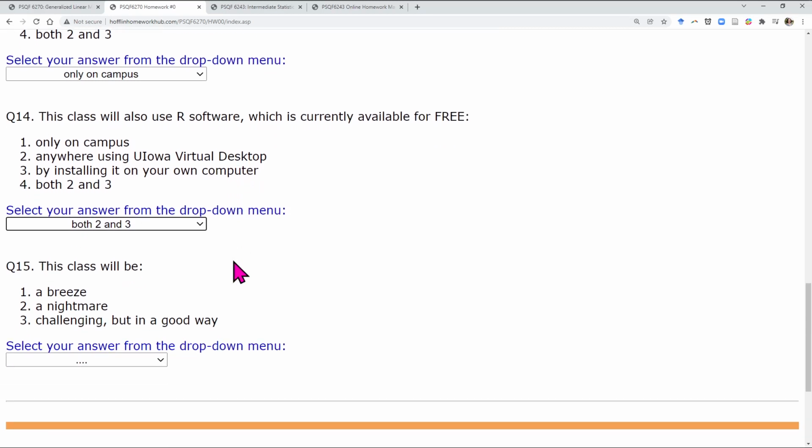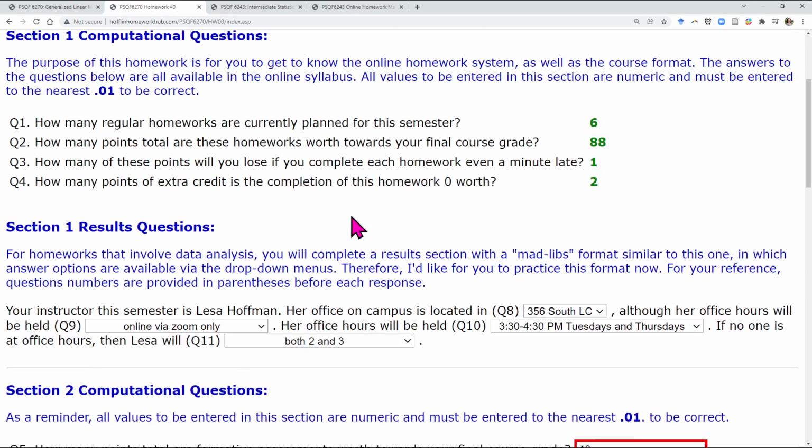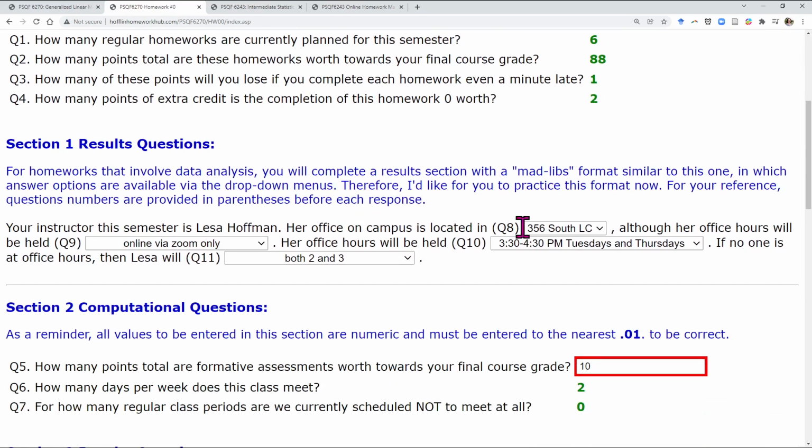Last but not least, this class will be... Choices are a breeze, which is an expression that means very easy, a nightmare, which is an expression that means very bad, or challenging but in a good way. And I hope that by the end of the semester you will agree with me that it's been challenging but helpful. That's my goal. So I'm going to hit check and save my answers,